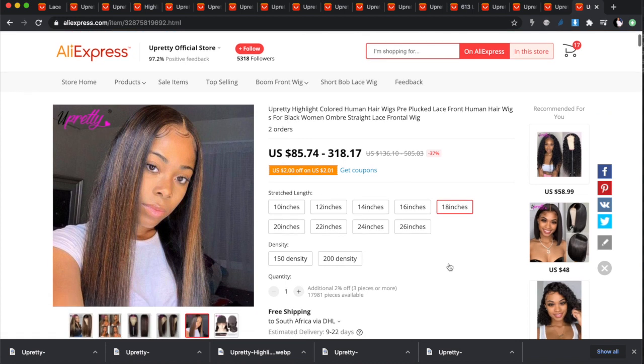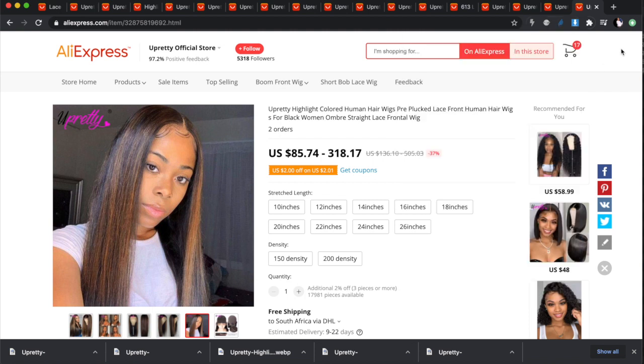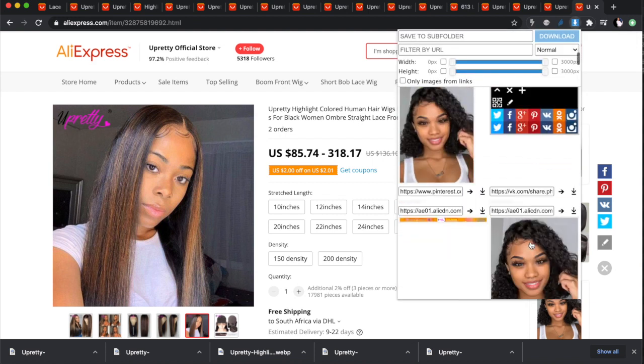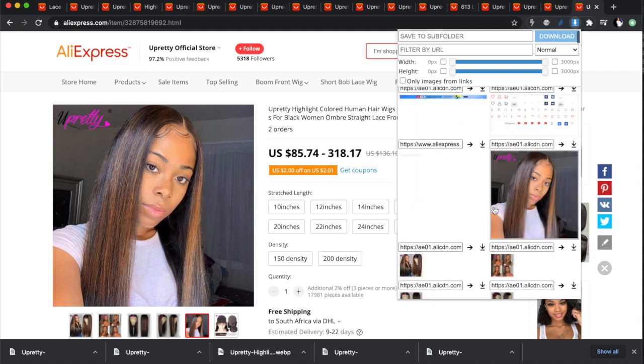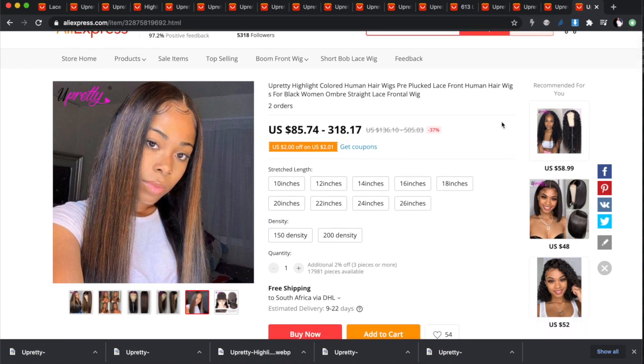The best way to download the images is to use a plugin. It's like a Chrome extension. Just go search for Chrome extension image downloader. There's lots of them that you can find. You can use any one of them, and you just install that Chrome extension. Once you have it installed, on the page that you're on, you would turn it on, and it will find all the images on that page, and you download the ones that you want using the download button at the top. And the nice thing is that it will download the images properly as an image, instead of the WebP version or whatever.